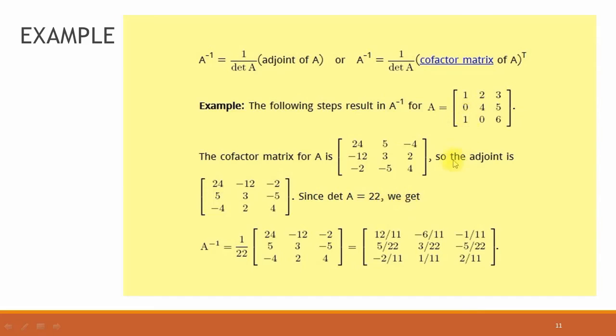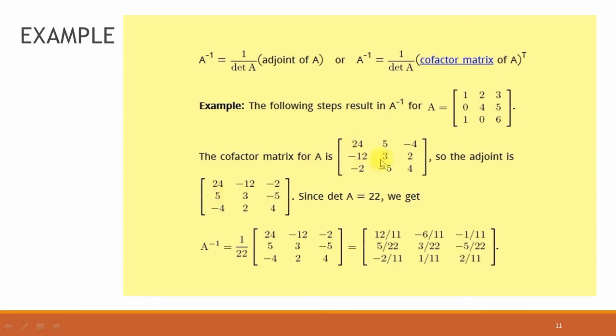First of all find the determinant of this matrix and then find the cofactors for this matrix. Now the cofactor matrix of matrix A is this. Now taking the transpose of this cofactor matrix, you will get the adjoint of the matrix. First of all find the cofactors and then find the cofactor matrix. Put that cofactor entries in the matrix, you will get the cofactor matrix, and then taking the transpose of the cofactor matrix, you will get the adjoint matrix for given matrix A.